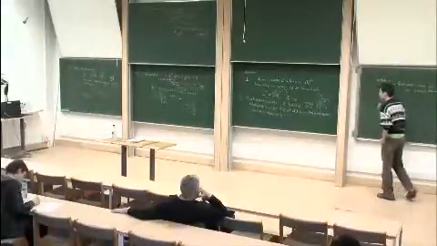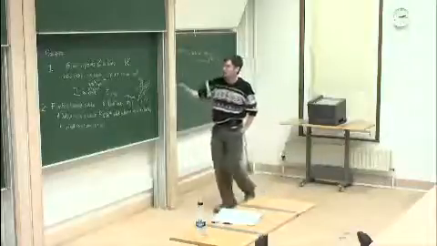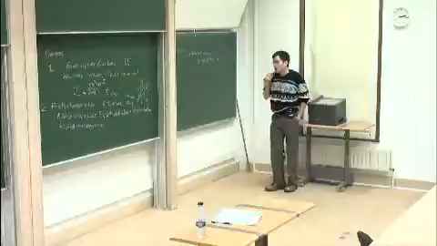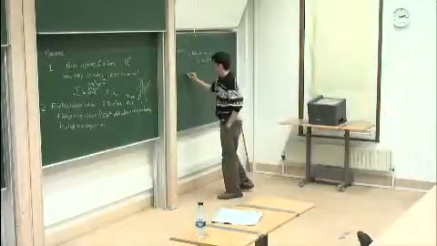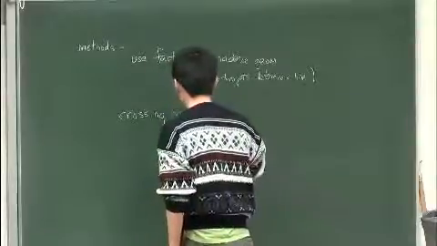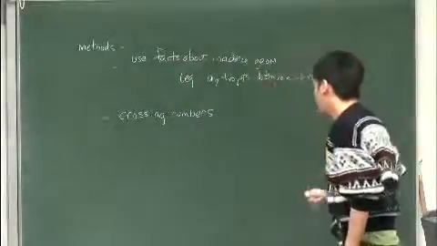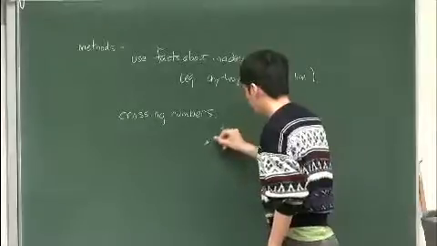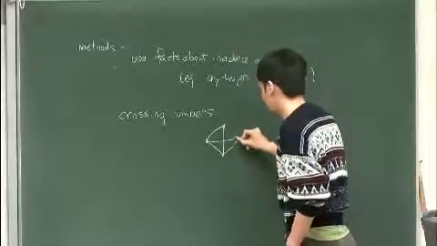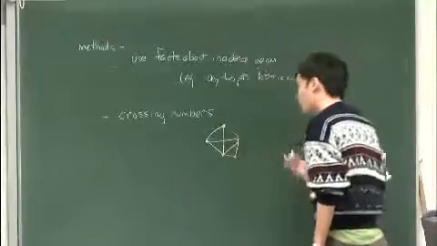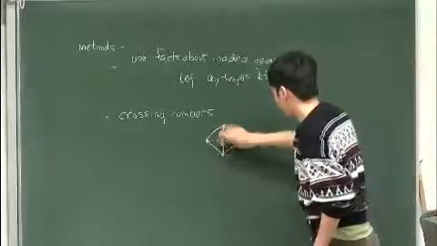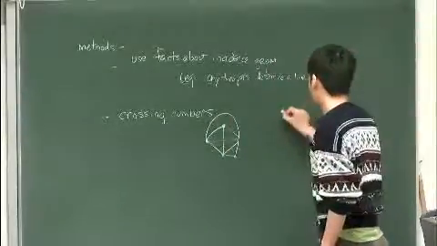So there are other methods that you can use that specifically exploit the structure of R. One method, for example, is the method of crossing numbers. If you have a graph, it is a bunch of edges and vertices, with edges connected to each other. You know that some graphs are planar and some graphs are not. This graph actually is planar because I can draw it to be planar, but K5